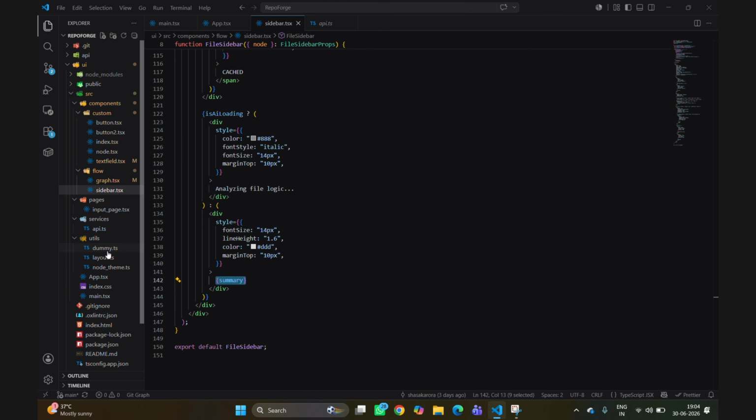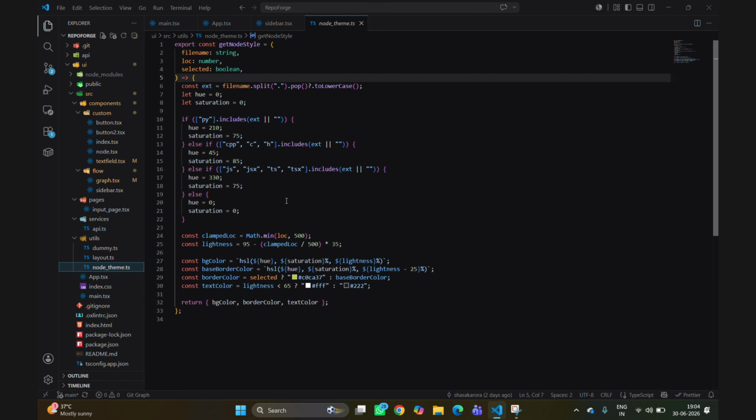Also, I forgot to mention that here in node theme, we have custom nodes. So the nodes are colored using the HSL components and their extensions and the line